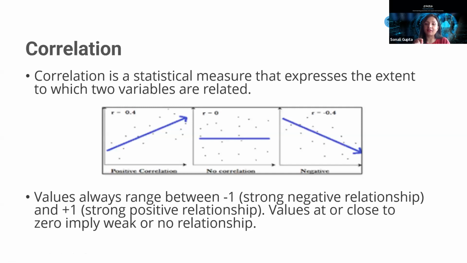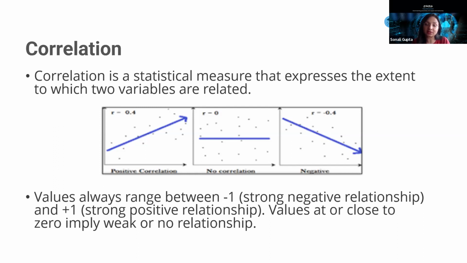And then lastly, we have a concept known as correlation. So what does correlation mean? It is a statistical measure that expresses the extent to which two variables are related. For example, if we talk about a car, the amount of fuel in a car and maybe the speed, or any other attribute we may take, how are they correlated, whether they are related to each other or not. What exactly is the relation between the two elements when we talk about the data?